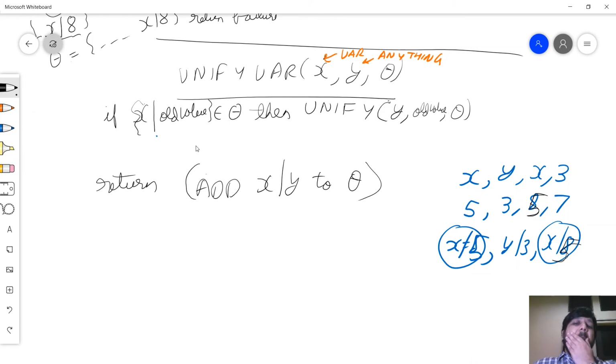Now that might not be the only problem. There is another problem. Of course, there's an occur check. So x cannot unify with best friend of x. So I just mentioned it as occur check.